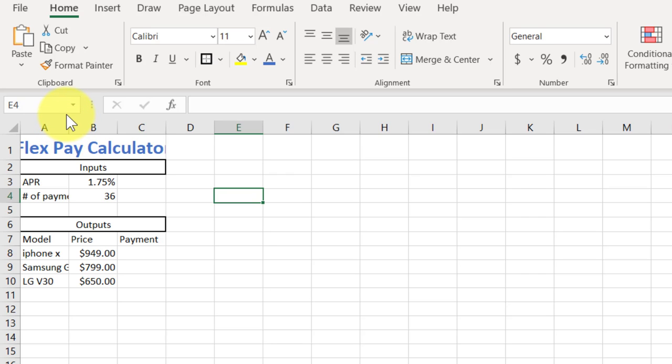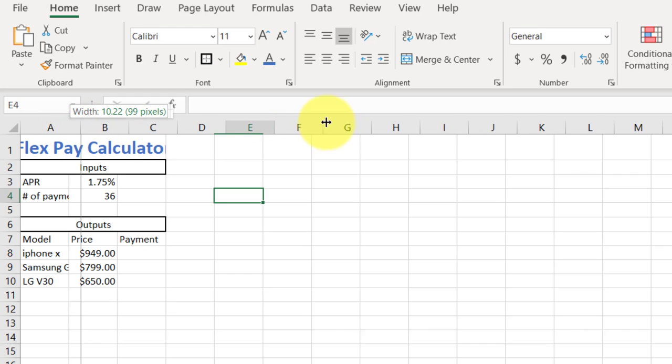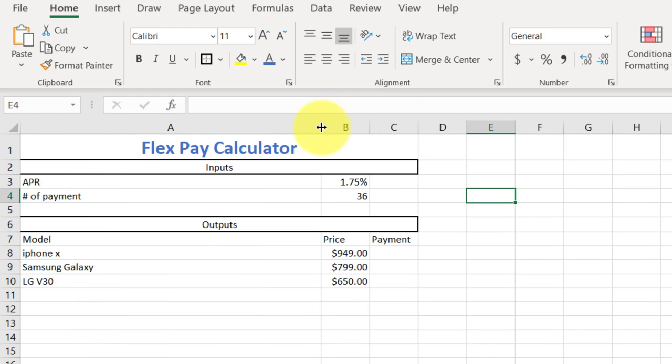It won't happen if your mouse is up too high. You've got to be in this kind of column label area up here, and as you move between the columns, you get this double-sided arrow. Okay? So double-sided arrow means click to drag,